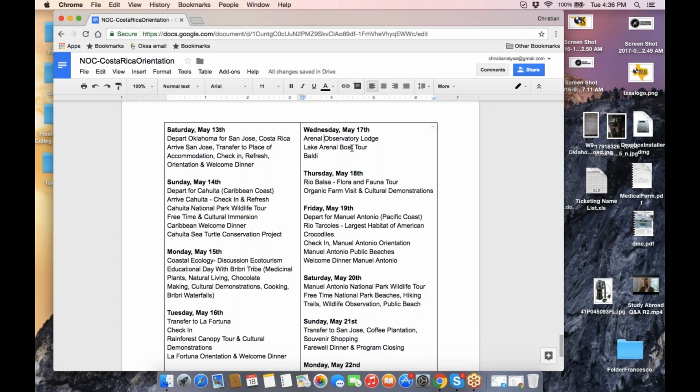And then that evening, we're going to be going to Baldy Hot Springs. It's somewhat of a resort, about 26 different pools, all different temperatures, ranging from room temperature all the way to scalding hot. Everything is heated from the thermal waters, the nearby volcano, and it's a nice day. We'll have a big group dinner there, and you guys can relax after a bit of hiking and refresh those